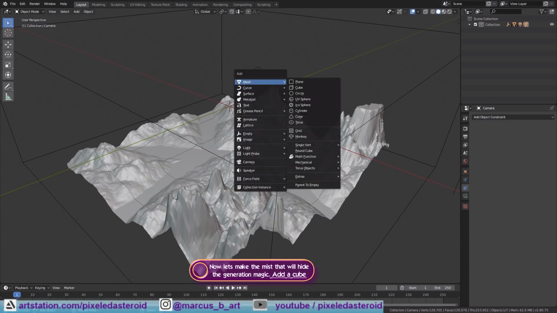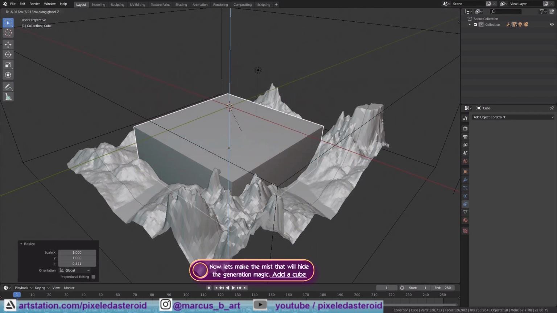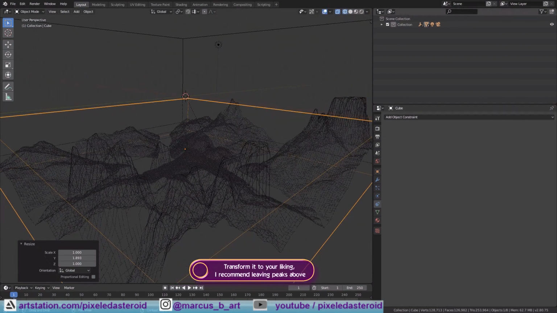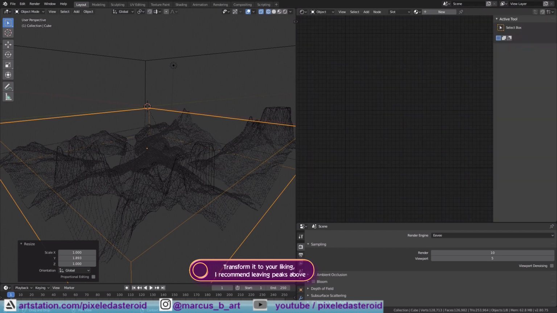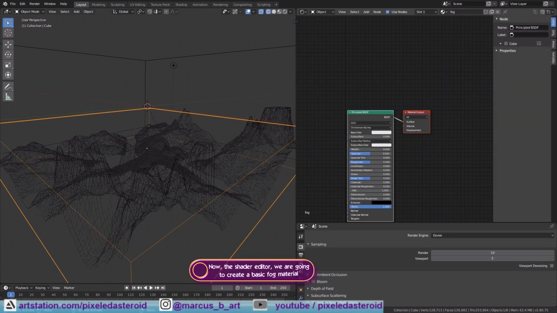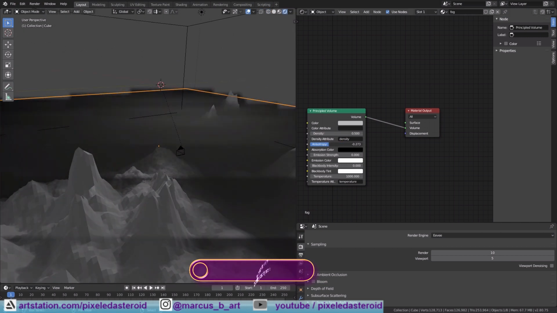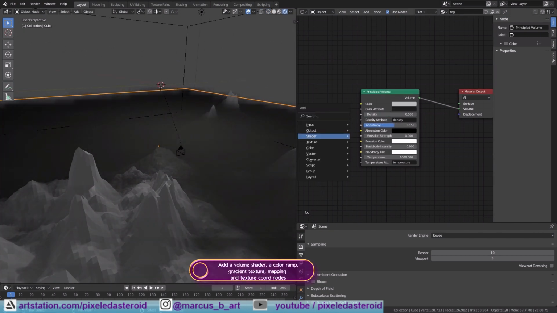This is looking really good, but now we have to hide the trick. So we will create a mist object using a cube. It's time to move to the Shaders tab and add a principled volume shader. Apart from the volume shader we will need a color ramp, a gradient texture, a mapping node, and a